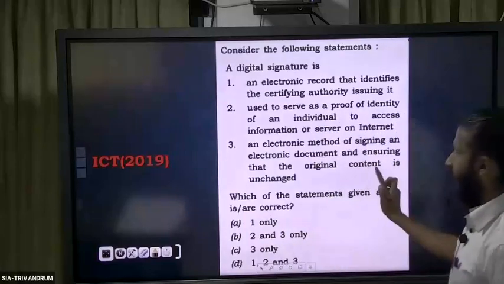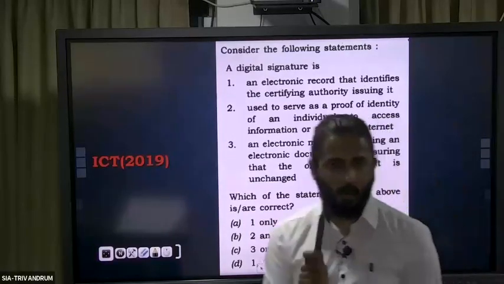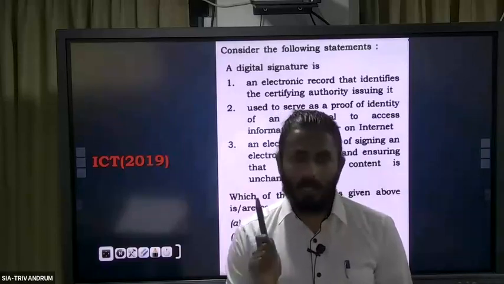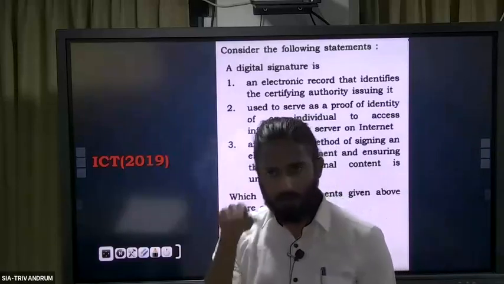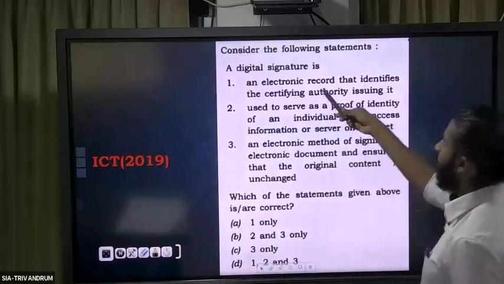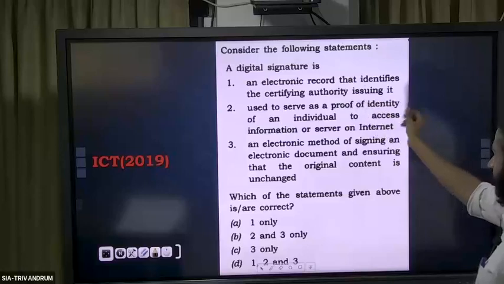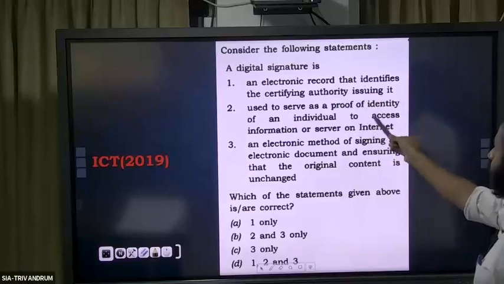So this was the question where it did not work. I'm also telling you, the cheat codes which we use to solve science and technology questions need not always work, like the option "all of the above", because here, if you read the statement, digital signature is an electronic record that identifies the certifying authority